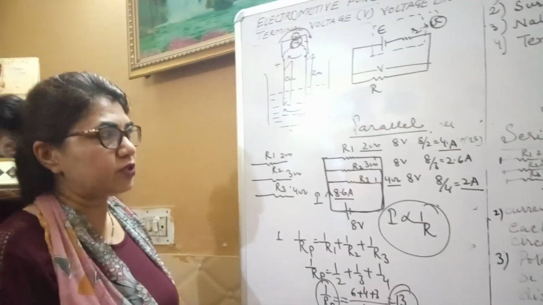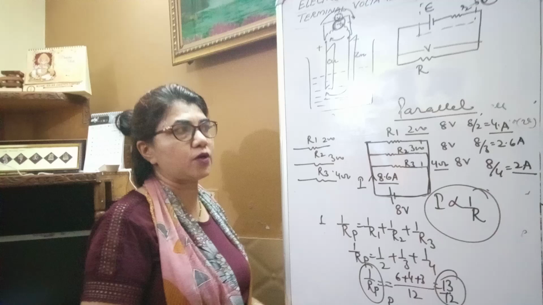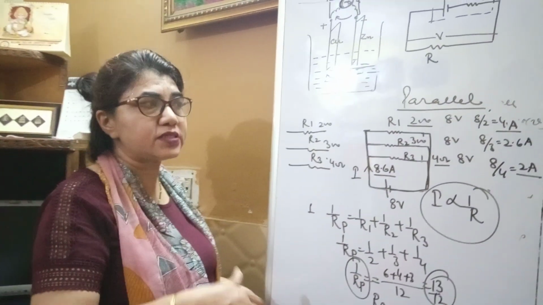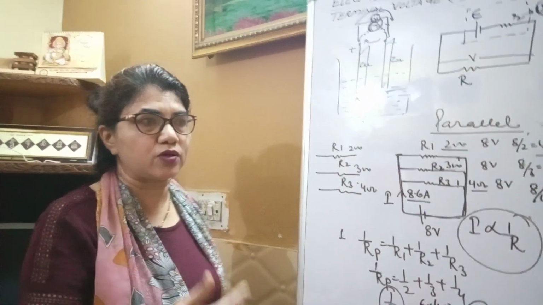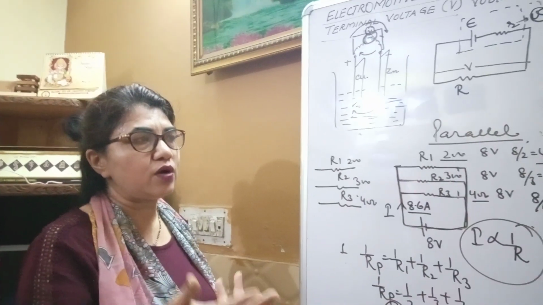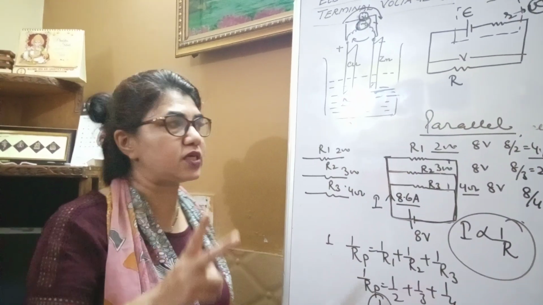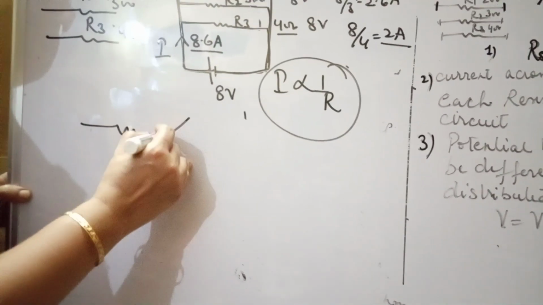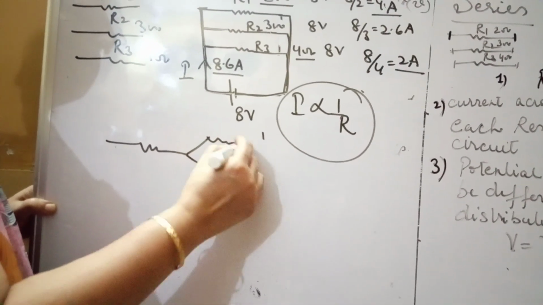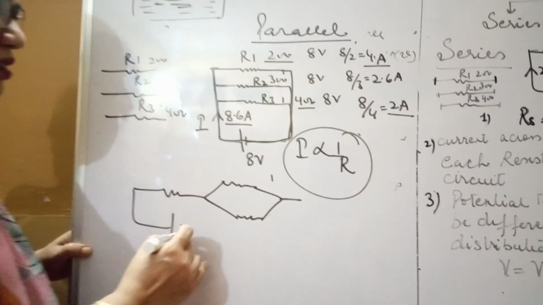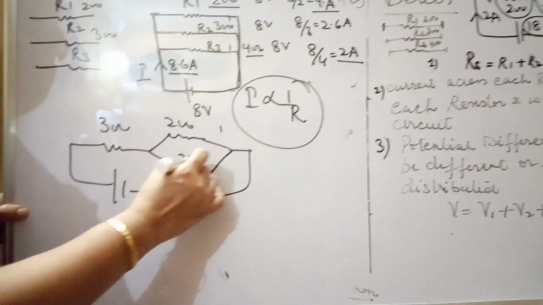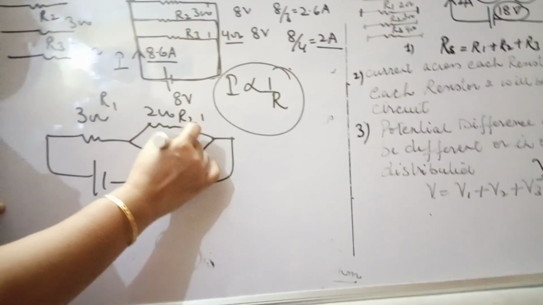This is all about your parallel arrangement. So I hope you will easily understand all these topics, series and parallel. And the third one is the combination of series and parallel. Means 2 in series and 1 in parallel, or 2 in parallel. For parallel arrangement, at least you have to consider 2 appliances. 2 appliances should be connected in parallel and 1 may be connected in series. Say, suppose like this, 1 is in series, other 2 are in parallel. Such a question will be asked to find the total resistance. Suppose this is 3 ohm, this is 2 ohm, this is 2 ohm. So mark it R1, R2 and R3.